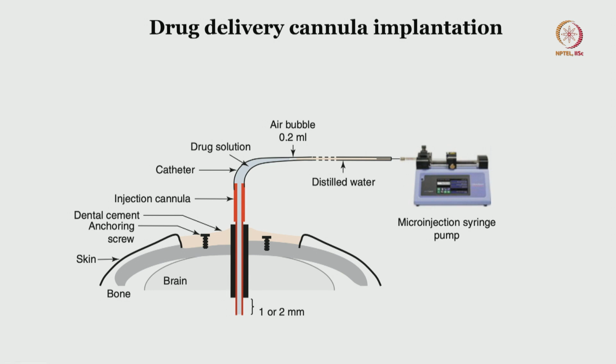So the injection cannula will go completely throughout the length of the trajectory, whereas the guide tube has to stop around 1 or 2 millimeters above it, alright. It is only the injection catheter and cannula which goes right up to the target. The guide tube has to stop 1 or 2 millimeters above it. The guide tube is something which has been implanted using the stereotactic coordinates,